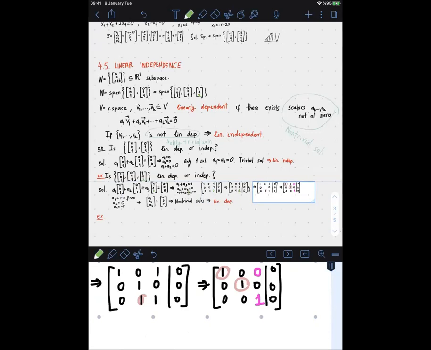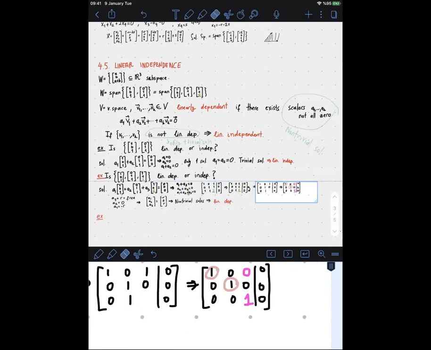So let me fix these things. These are 1, 1, 0, 0, okay? Now what is the last thing? This is now in row echelon form. I don't need this line. So we have two leading ones, this one and this one,